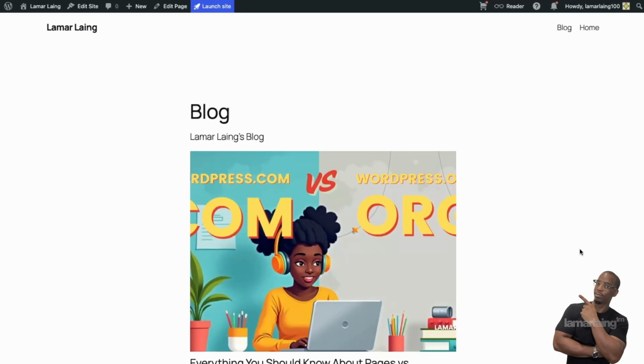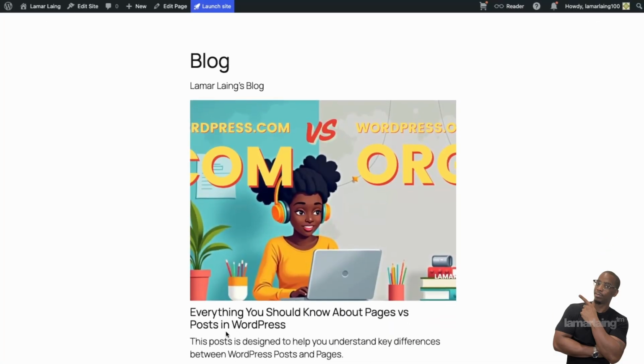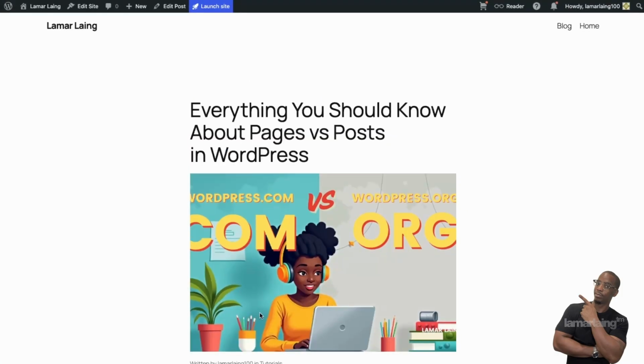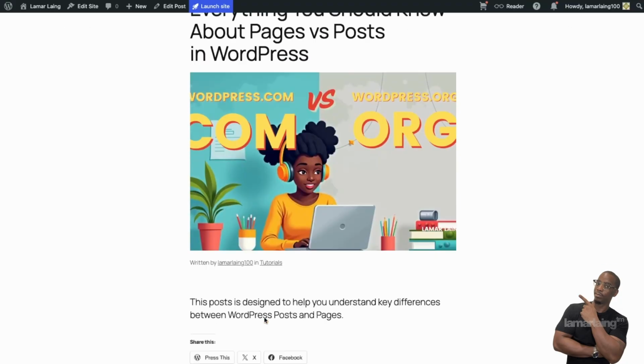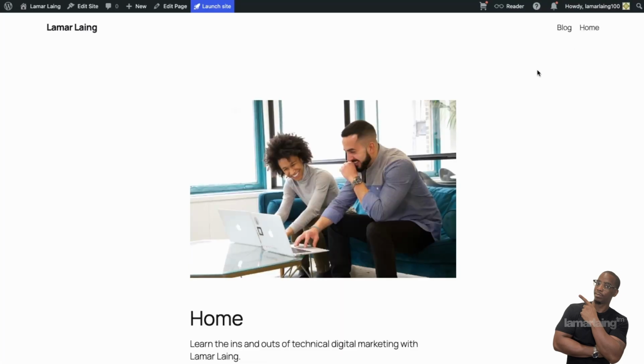Is that a blog post or a page? It's a blog page. How do we know? It's in our top menu, and it only shows an excerpt of the blog. When you click it, now you actually go to the post of the blog, which is at a different location. So the link structure would be something like date and post title, whereas any other page would be